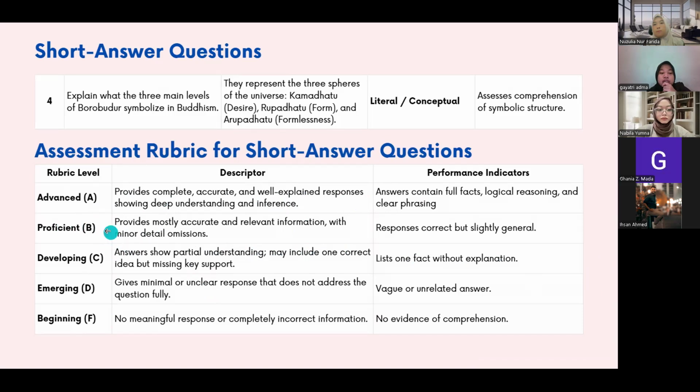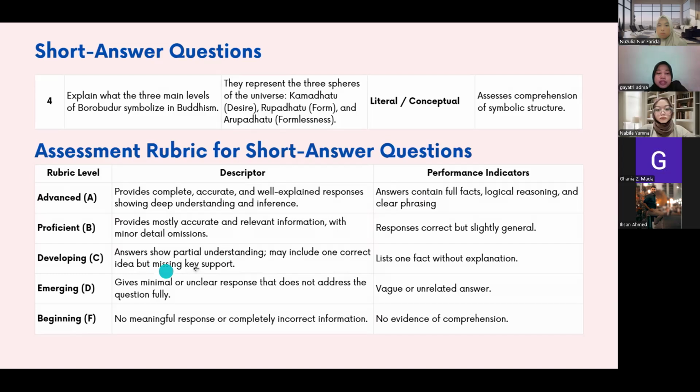In level B, the students can provide mostly accurate and relevant information, but with minor detail omission. In level C, students show partial understanding,